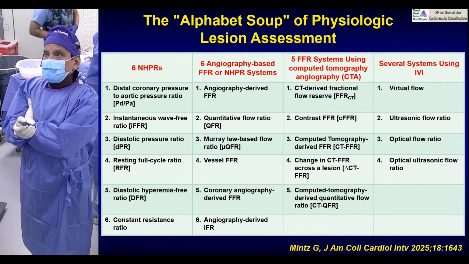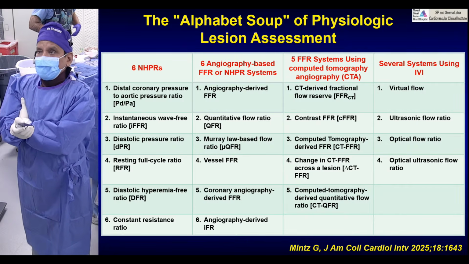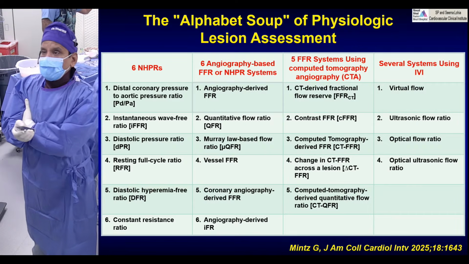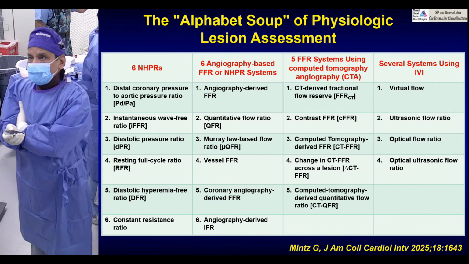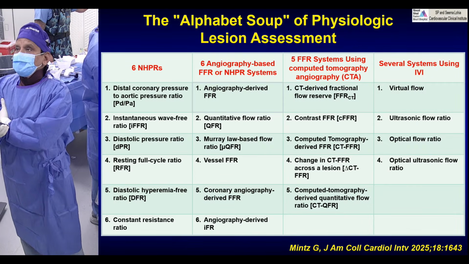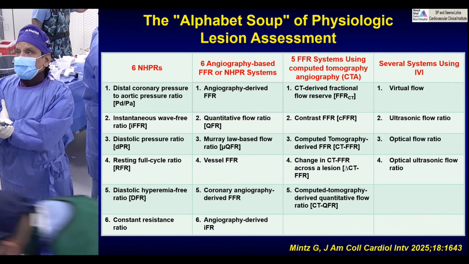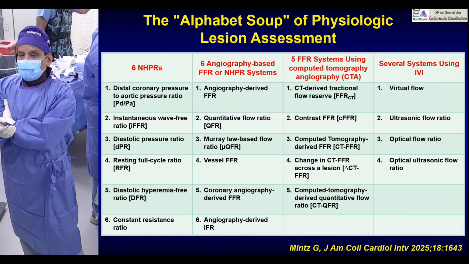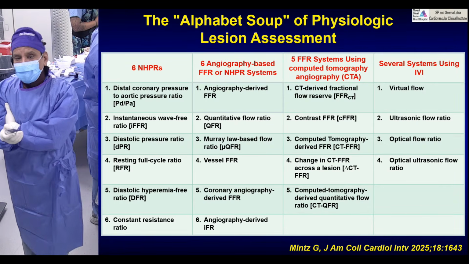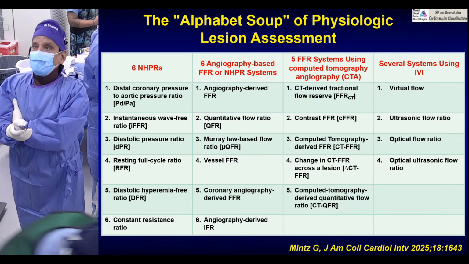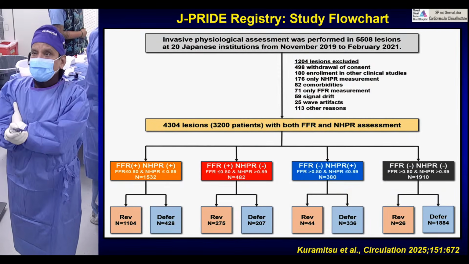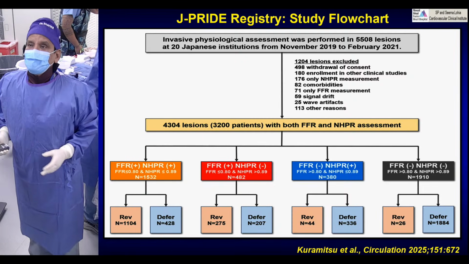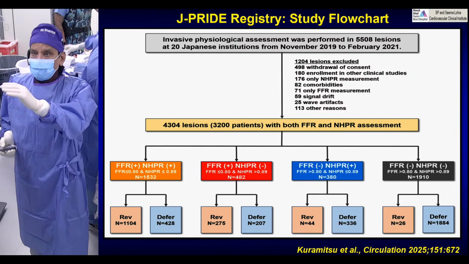Then there are FFR systems using CTA: FFR CT, cFFR, ctFFR, change in ctFFR across the lesion, and ctQFR, which is the quantitative flow ratio. There are also several systems using intravascular imaging: virtual flow, ultrasonic flow ratio, optical flow ratio, and optical ultrasonic flow ratio. All these are the various physiological tests we have at present to guide our treatment in many cases. And what we learned is, this is a nice J-PRIDE registry which showed that,